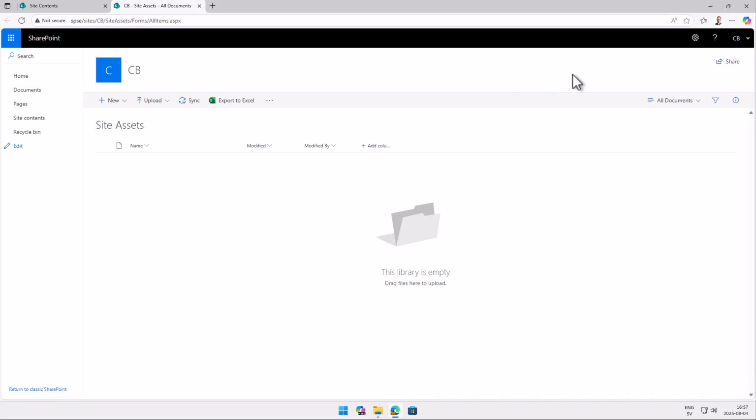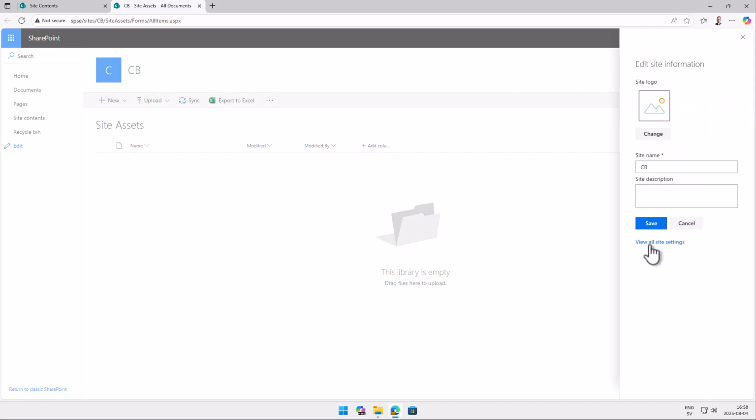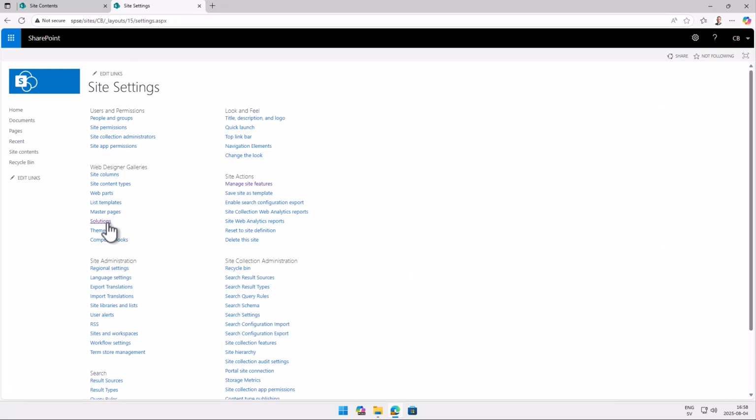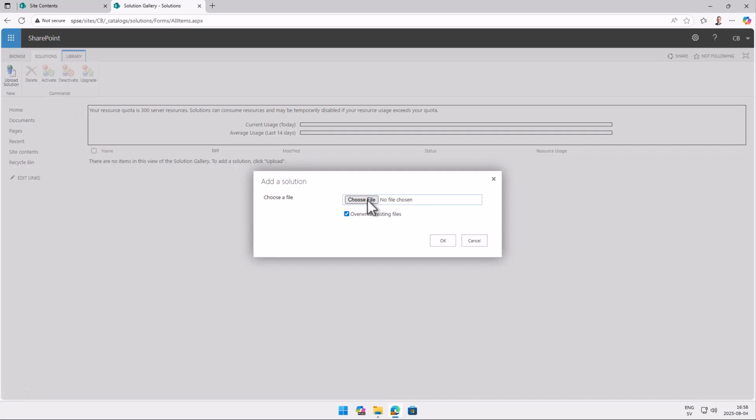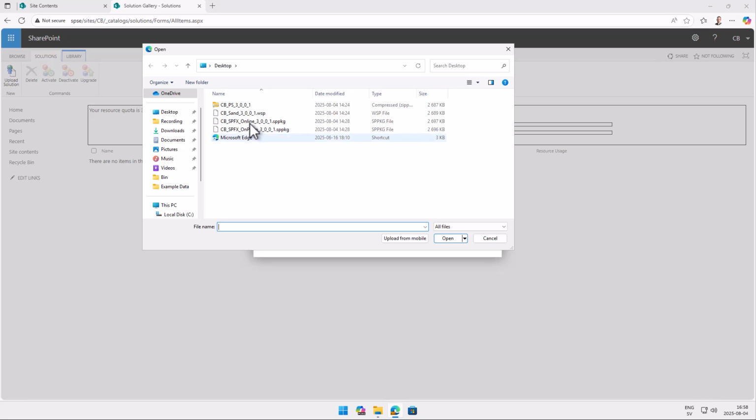As you see, that's empty now, but we'll go back into Site Settings there, Site Information and Site Settings, and go to the Solutions Gallery, because that's where we want to upload the WSP file, which is a sandbox solution, which is fully supported. I've downloaded the CV sandbox solution here, the WSP file from the kalmstrom.com website, and now